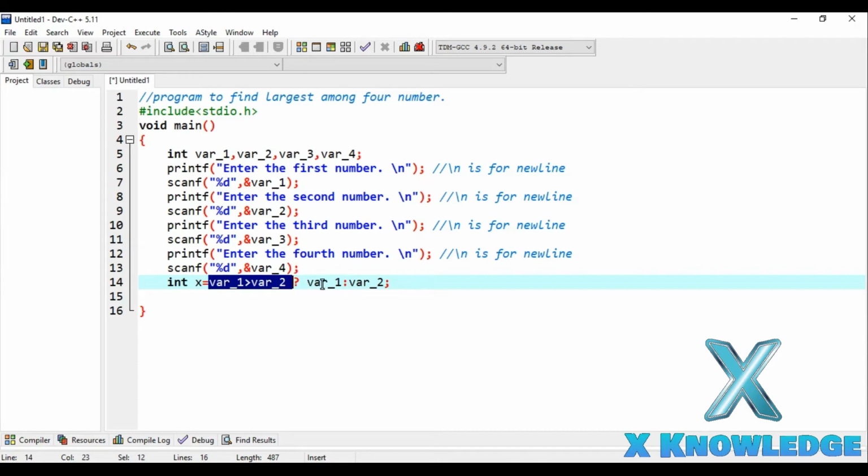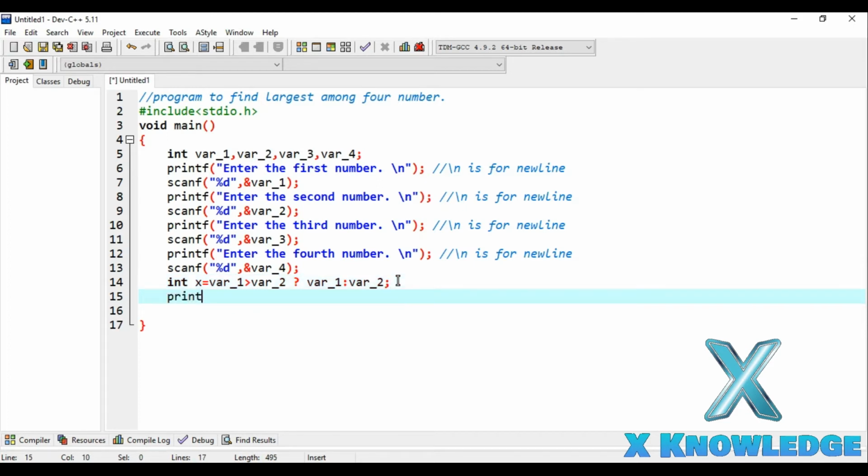If this expression gets true, then variable 1 value will get stored to this variable, and if this expression gets false, then the variable 2 value will get stored to this x variable. All right, so let me print this also. Printf x value is, okay, so that you will get a proper idea of it.